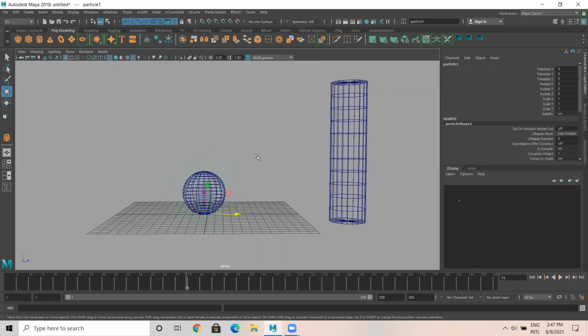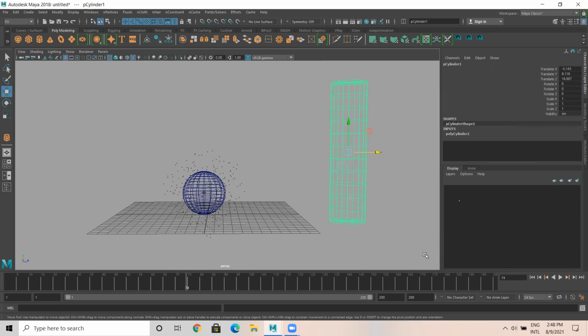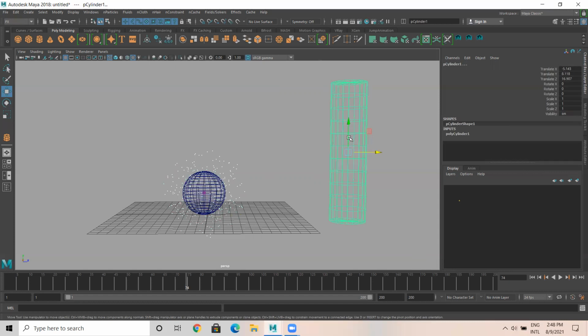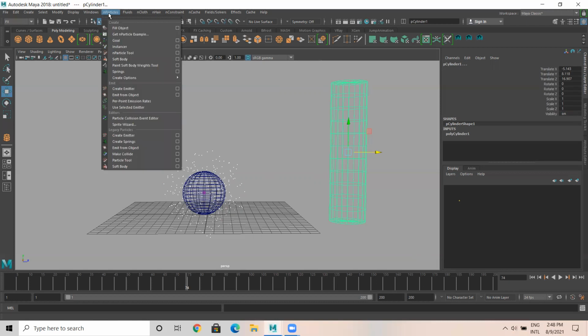We have goals, right? Like football game, in that goal, there's a goal point. Similarly, for all this particle, we can make this as a goal point. Okay. Something like that. So what we have to do for that is select this particular particle and select the object. Select the particle, select the object. Select the particle and the object. You can go to n particles. There's an option called goal here, the third one.